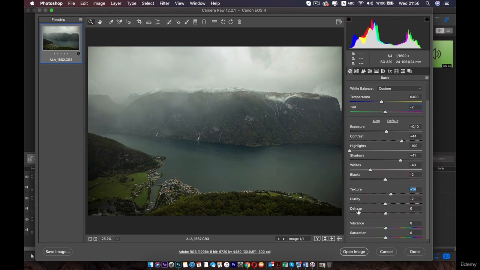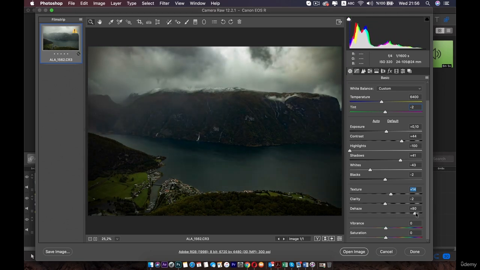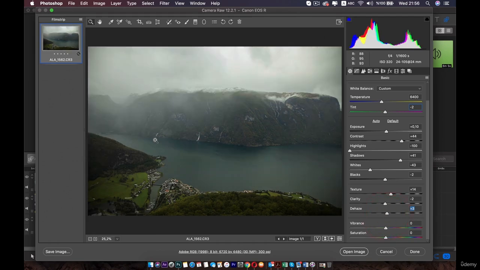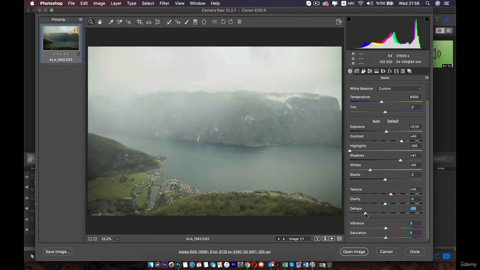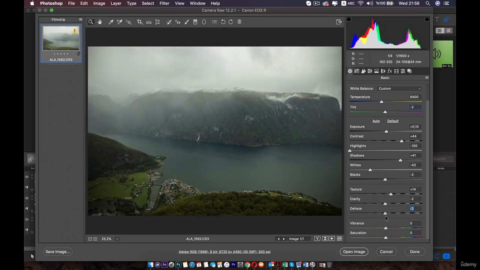And then we have the dehaze. The dehaze plays with the haze. For example, we have the haze here. I can increase it like this and it will remove the haze. And if I want to add haze to my photo, I'll just bring this down, just like this. For now, I'm going to move this here and the texture to be +5. Clarity, let's make it